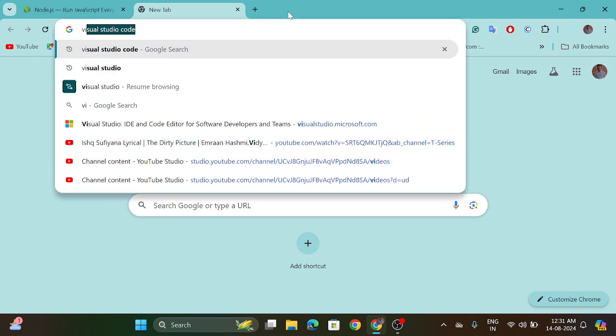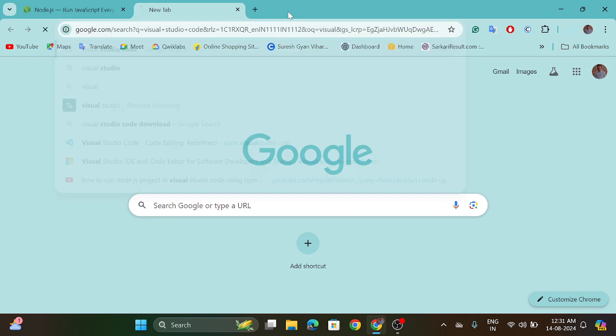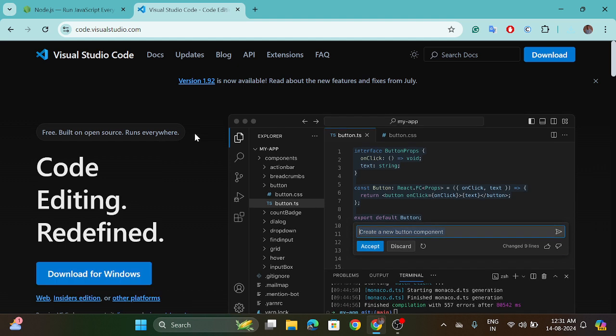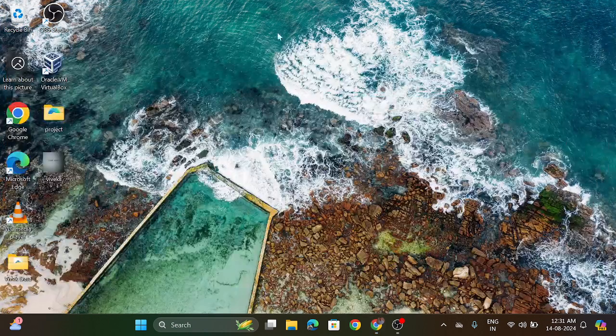And right here again, Visual Studio Code, again download and install it to run your React project. Simply click on this download for Windows button to download it. Again I have already downloaded it, that's why. But in your case you need to download Node.js and Visual Studio Code both. After downloading and installing the both,